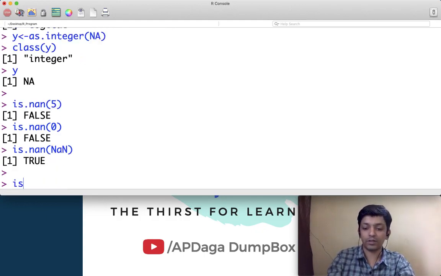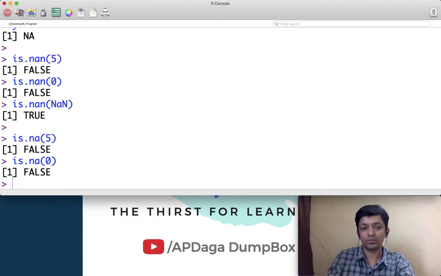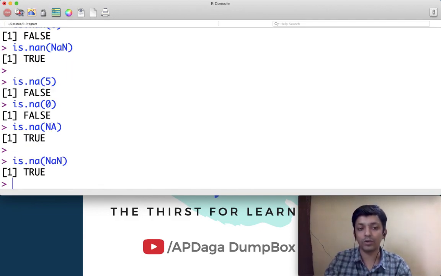Similarly, you can check whether the given value is NA or not. 5 gives false, 0 gives false, NA gives true. One fun fact is, if I pass NaN and check whether the given value is NA or not, it will give me true. Why? Every NaN is an NA, but every NA is not NaN.